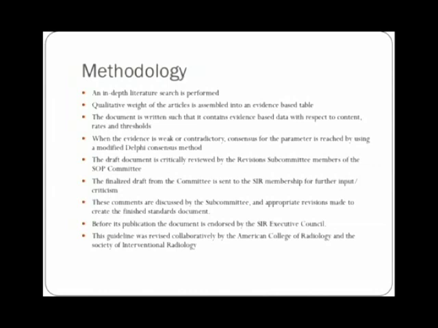and then qualitatively weight the articles that we've assembled in an evidence table. The document is written such that it contains evidence-based data as much as we can with respect to the content, rates, and thresholds. When the evidence is weak or contradictory, consensus for the parameter in question is reached by using a modified Delphi consensus method, which means that we all sit around and keep voting on it,